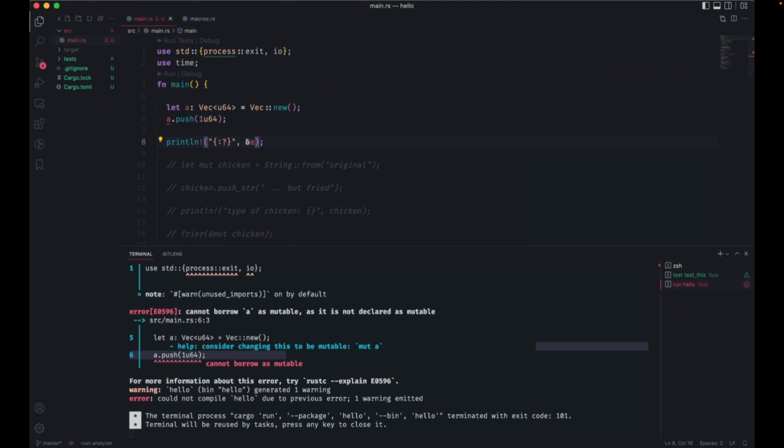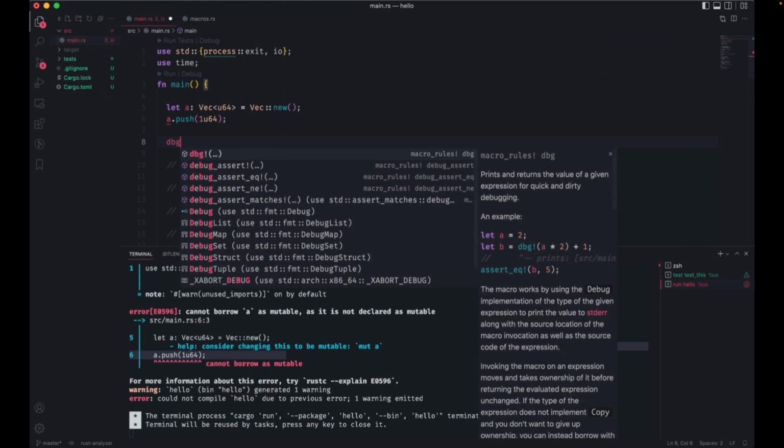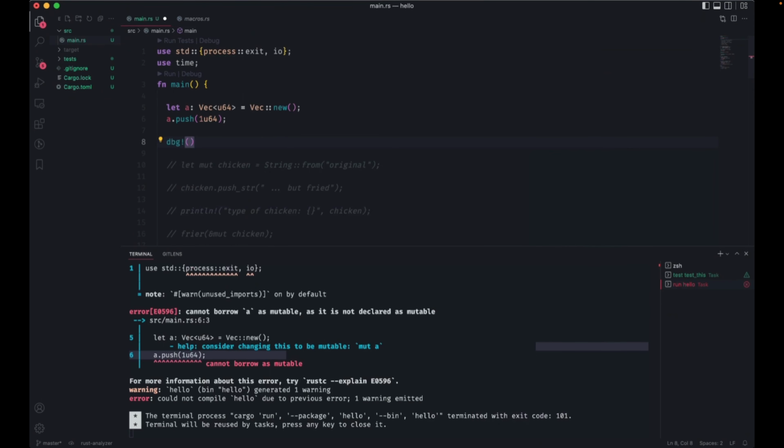Give me a second here. Okay. This is why I use debug all the time. It's just because there are some formatting and encoding things that Rust is very particular about, and debug gets away from that. So what happened here? This is complaining that I didn't make this mutable.